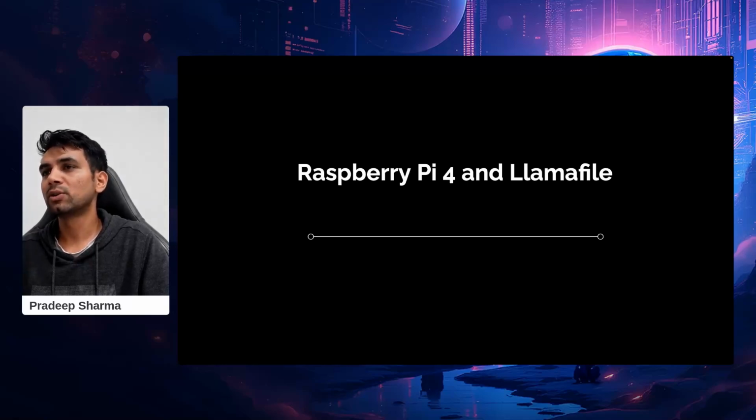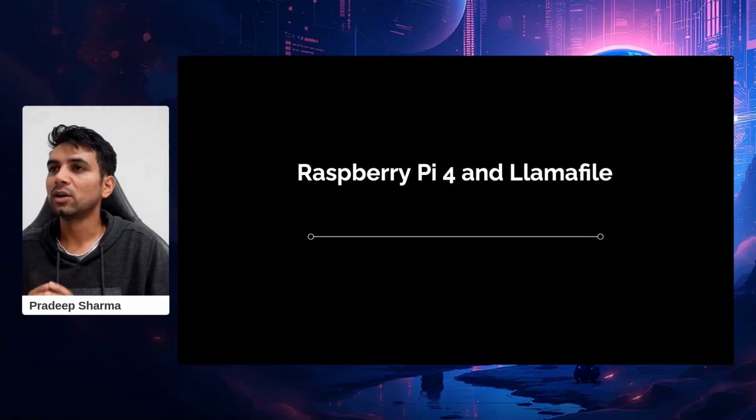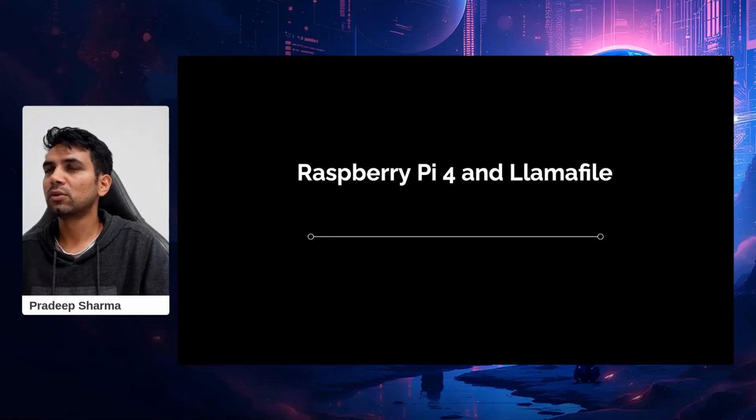Llamafile is a project which packages all your LLM weights, activations, and everything in one C++ code. You simply run that C++ code and you are good to go. It does all the optimization that you need for you. So that was the easiest start for me, and I started there. And what I learned was that